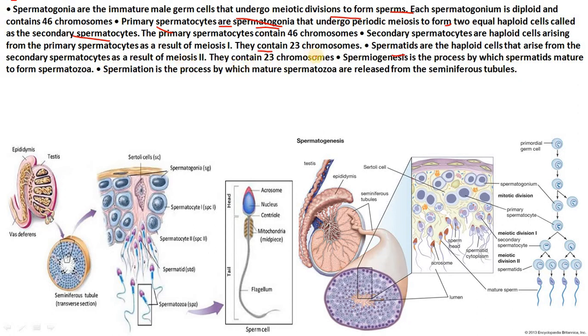They contain the 23 chromosomes. And then again, spermiogenesis is a process by which the spermatids mature to form the spermatozoa. Spermiation is the process by which the mature spermatozoa are released from the seminiferous tubules. So this is basically the overview or the summary of the